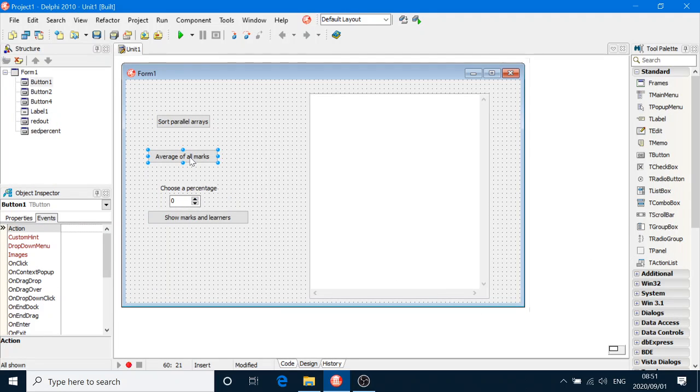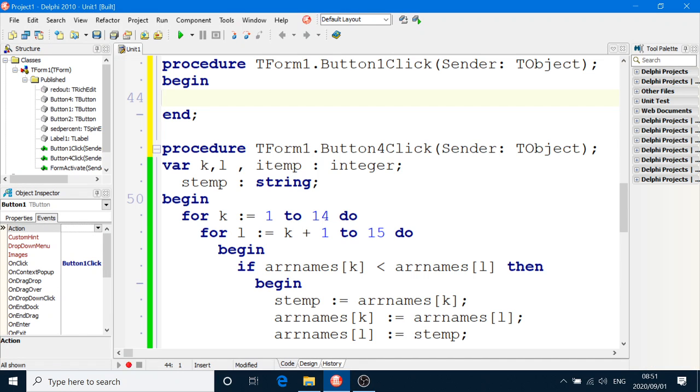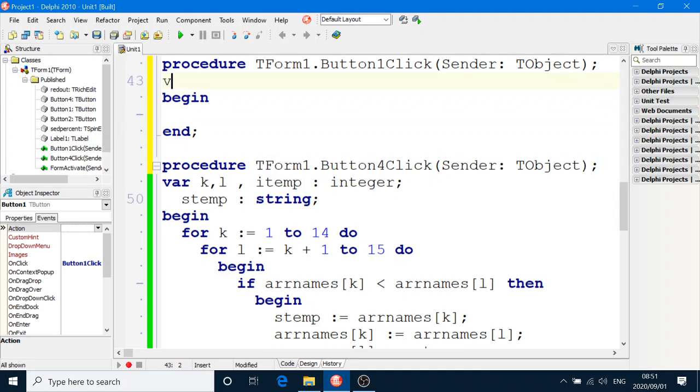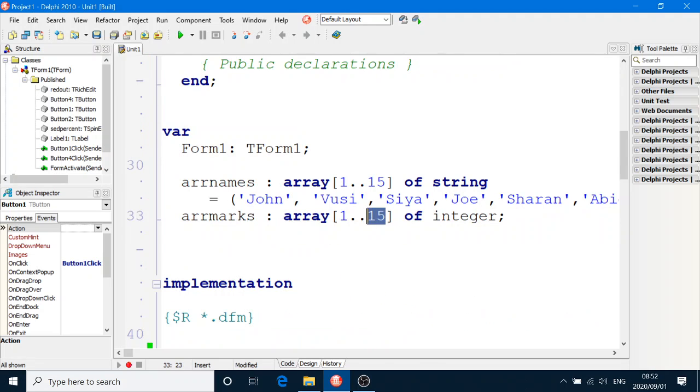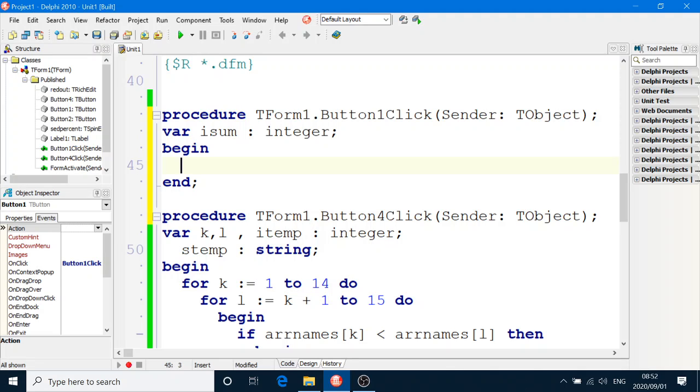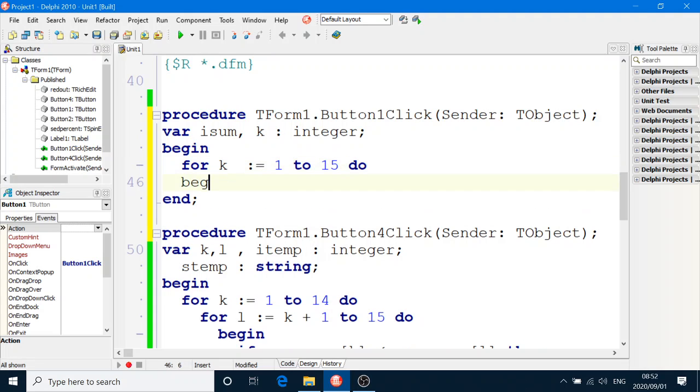Click on average and double click the button. Now to get an average, you know, we always need a sum. And we also need a counter. Now the number of marks that are available is 15, so there we have our counter. So all we have to do is a running sum. In order to get the total sum of all the marks, we use a for loop. Do begin and end,